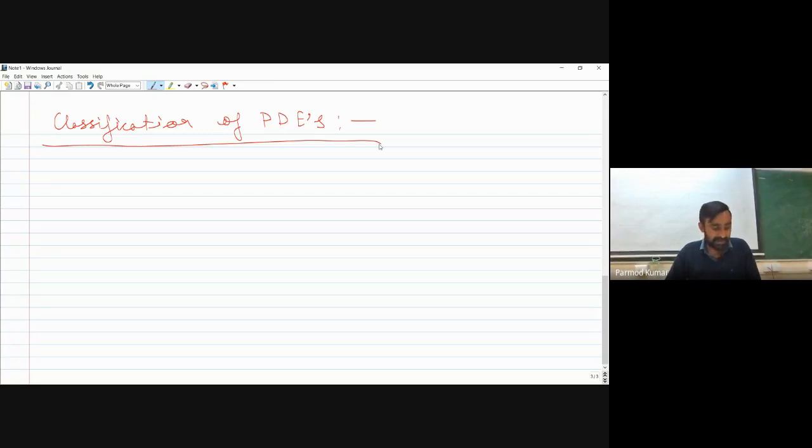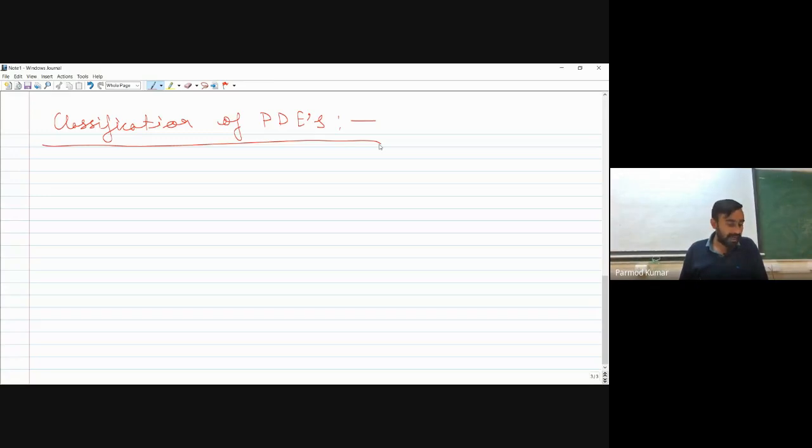Okay, why is it required? Because while we develop the schemes for numerical solution of these partial differential equations, the nature of the partial differential equation will help in determining the solution methodology. For example, if the nature of the partial differential equation is different, then for these two different equations we have to employ different numerical approaches in order to find the solution. So the classification of these governing equations is a very, very important parameter.